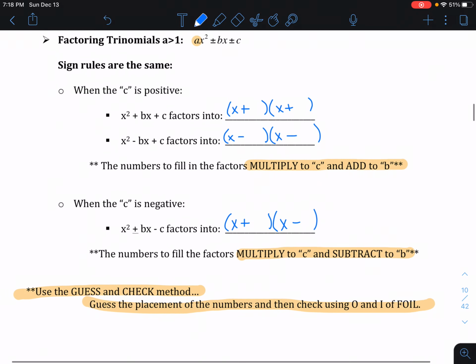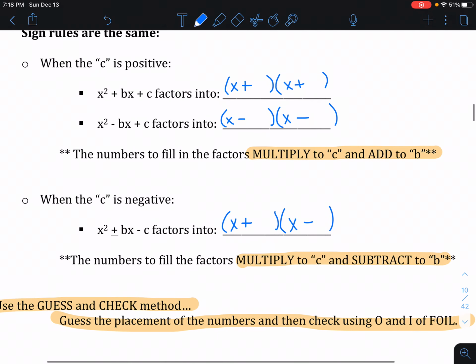We learned sign rules the other day with the easier trinomials. They're the same thing. In the first bullet point here, whenever you have plus and plus for the signs, obviously you should have plus and plus in the parentheses. And then we have to carefully choose what numbers get plugged in there. When we have the second bullet point situation,